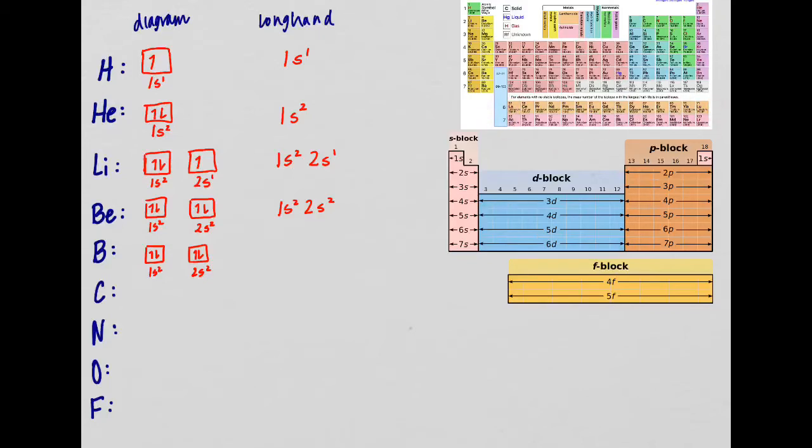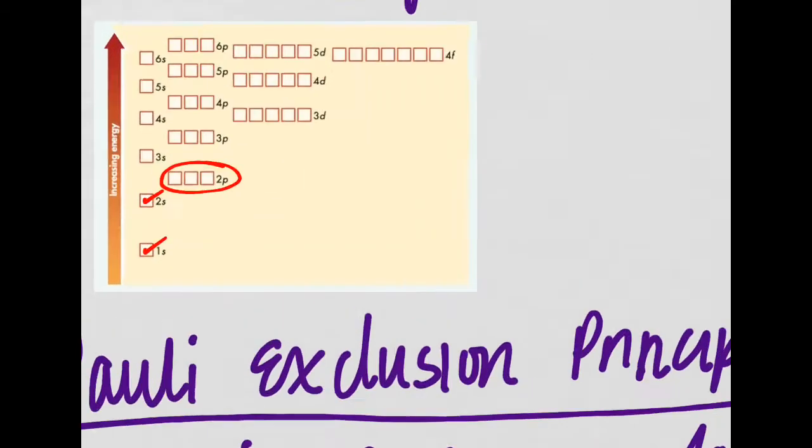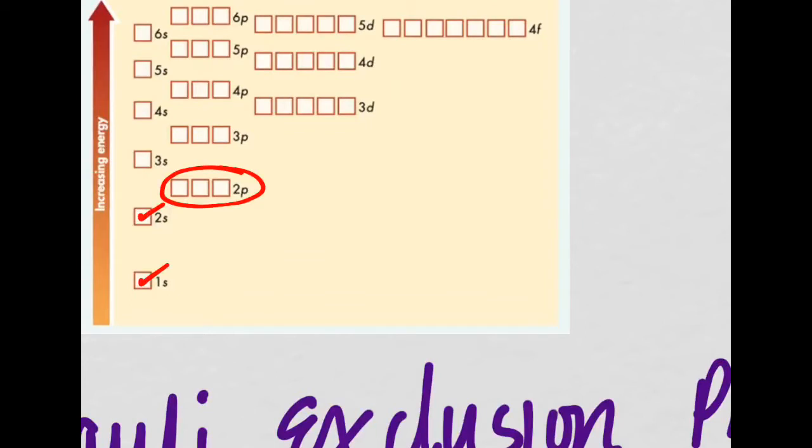Those two are the F block. We're not going to worry about the F block, but we do need to know the P and the D blocks. So the reason I'm showing you that is, I hope that helps you understand where we're going to go from here. It kind of helps explain this diagram a little bit better, why we have this energy